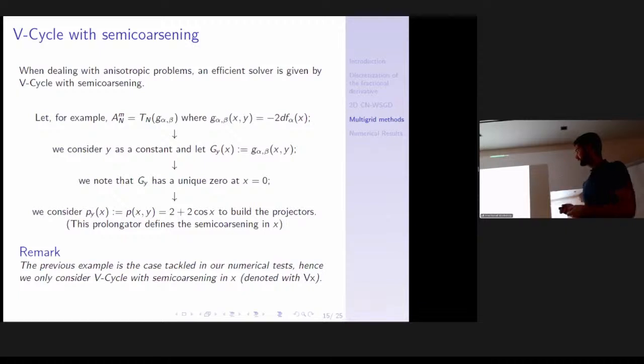But we still need the block structure. So the projector is still built in a block structure where each block is a Toeplitz with this symbol, and since we only project along one of the two variables, we do not remove a block every 2, but only one row every 2 in the blocks. So instead of projecting along both axes, we only project along one of the 2. This is called semi-coarsening, and it is useful in anisotropic cases. It is a standard method.